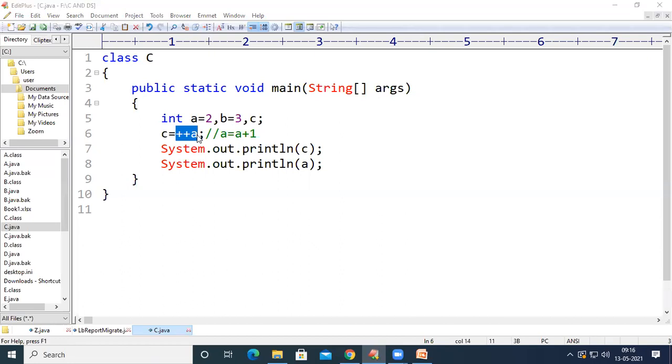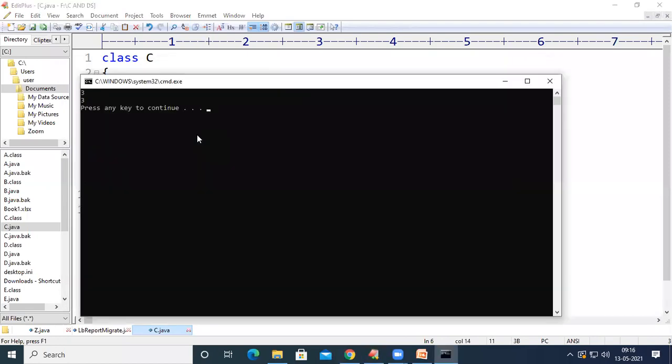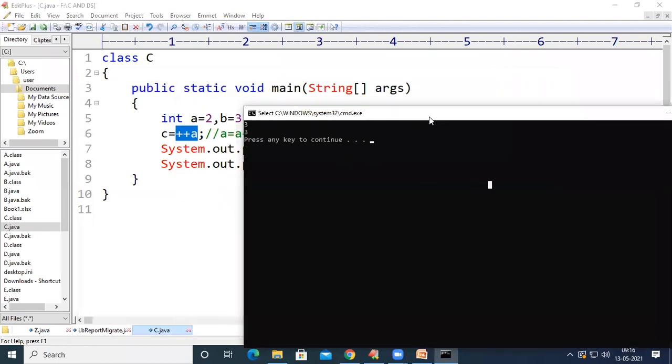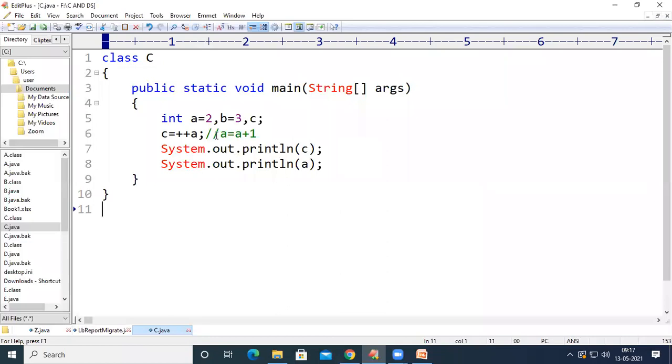So see the output of this program. We got the two numbers 3 and 3 as output, right? Similarly, we have A minus minus, which is called post decrement. In post decrement, the meaning of A minus minus is A equal to A minus 1, right?